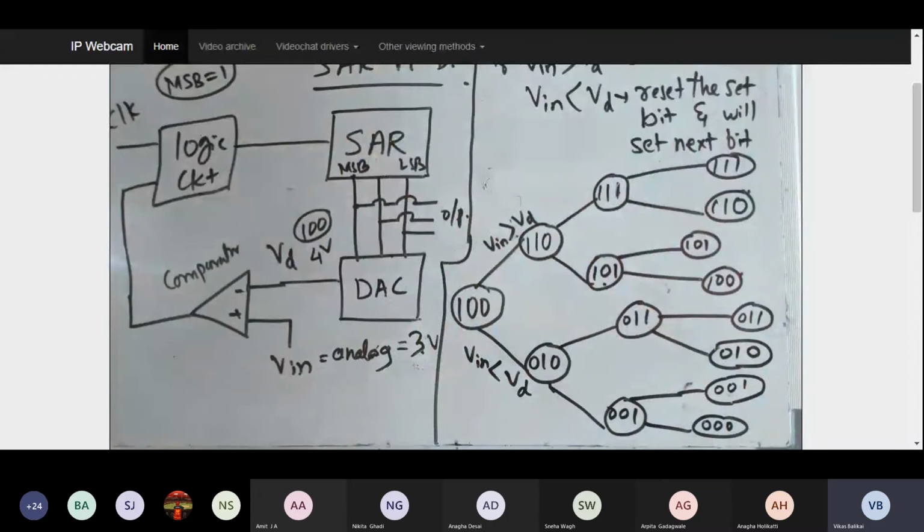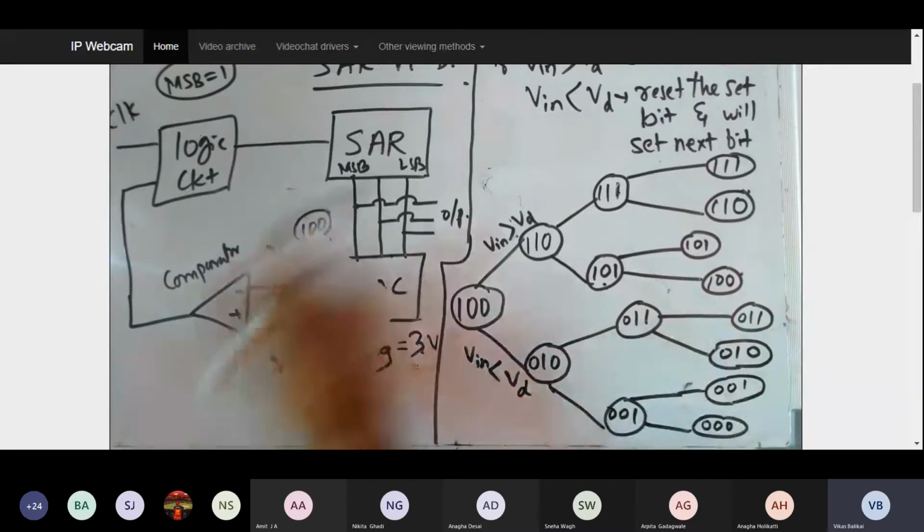So basically this SAR is nothing but your binary divide and rule or divide and conquer logic. I think you might have learned in your C language or in any programming language, how do you find the largest of a number in a set of numbers. So it is the binary search algorithm. I usually divide a given set of numbers into two halves and check whether my number is in the first half or the second half. If it is in the second half, then I need to again divide the numbers in the second half. See, this is how we used to do.